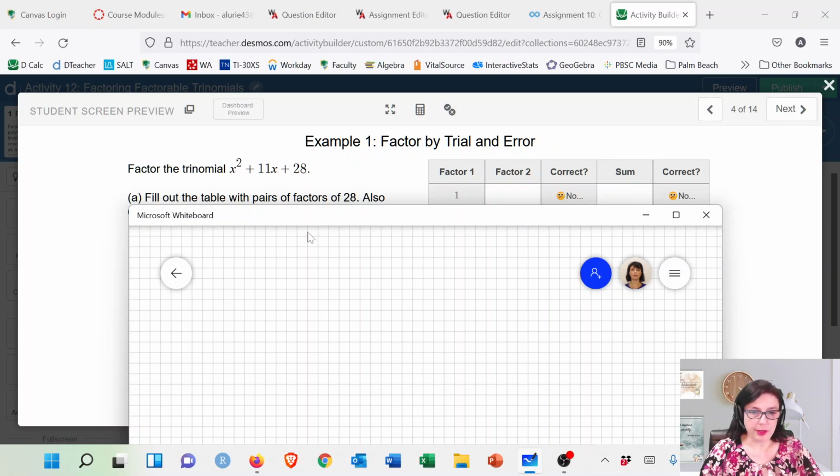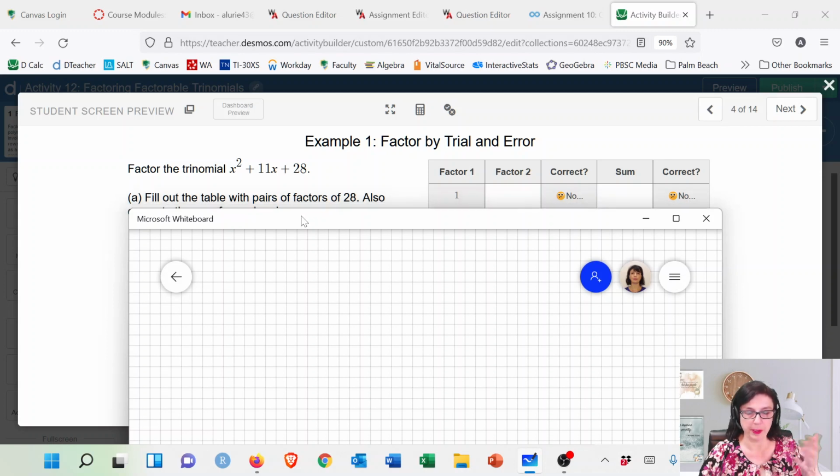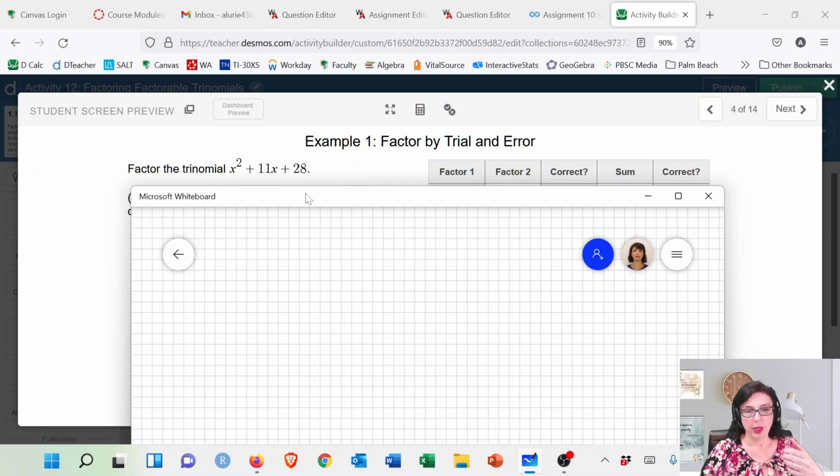Okay, guys, in this video, I'm going to show you how to factor, and this is going to be a whole bunch of examples, basically, where I will go over the steps to factor a trinomial by what's called trial and error. So what that means is you're going to have to check it out. Okay, so there's going to be some trial and some error, and then you will hopefully find the right answer. Sometimes it doesn't work, but for all examples where they ask you to factor by trial and error, of course,